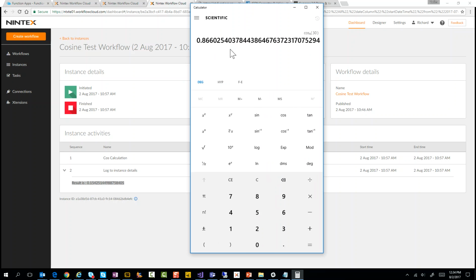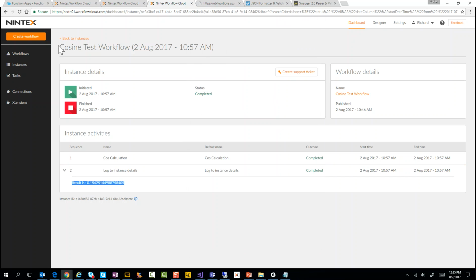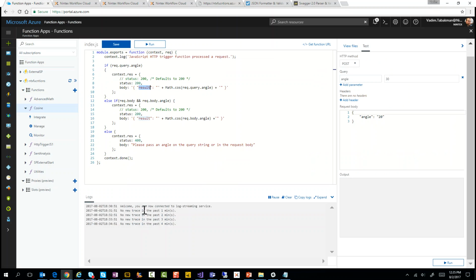So that's kind of weird. I need to figure out what that is. But maybe it's in like radians or something like that instead of degrees. That's probably it. Let's try 30. There it is, 0.14154. So that is doing a cosine on a value that it assumes is in radians rather than in degrees. Fair enough. Okay, so hopefully this will give you an idea of how you can easily extend Nintex Workflow Cloud